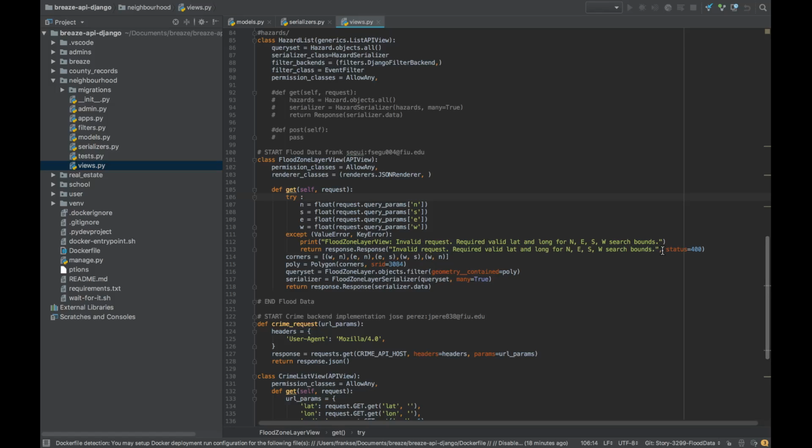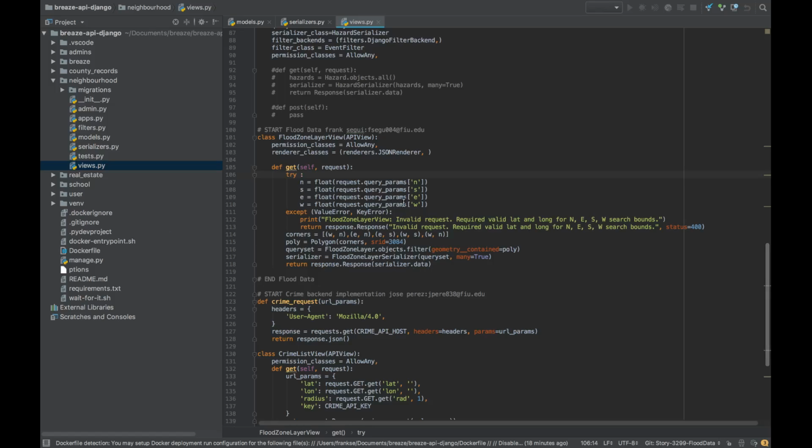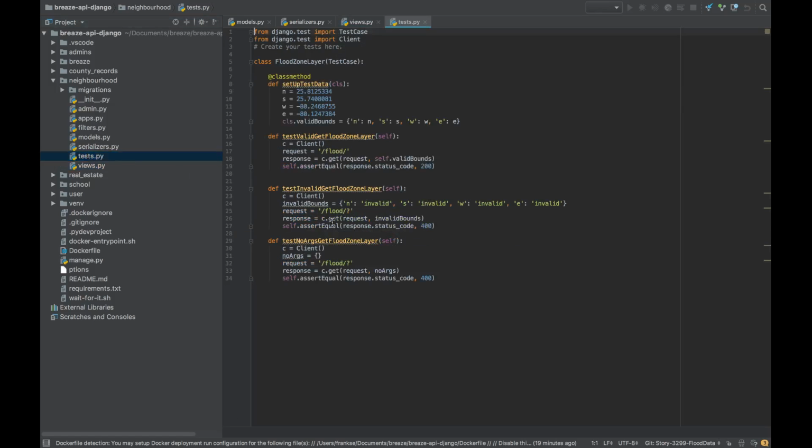which returns 400 in case there's some issue or 200 in normal situations. How this is going to work is that it requires these bounds from latitude and longitude, which makes a rectangle of the area that you want to query, and then it creates a polygon with that rectangle, and it retrieves all the features contained within that polygon. I also wrote the test for that feature,